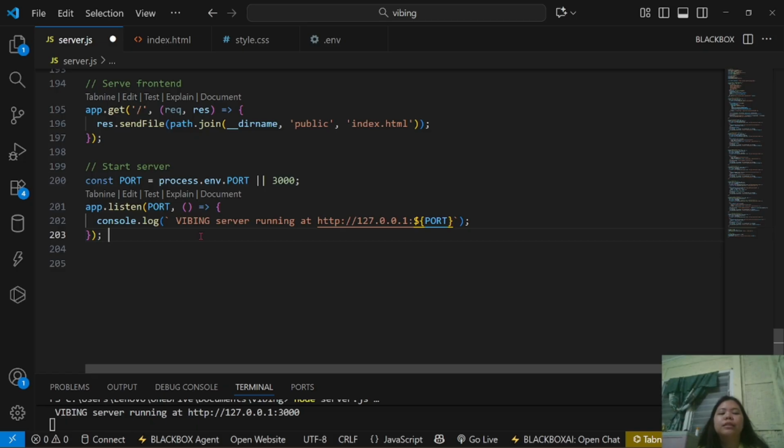Basically, it uses the GET, the POST, and the DELETE, and also